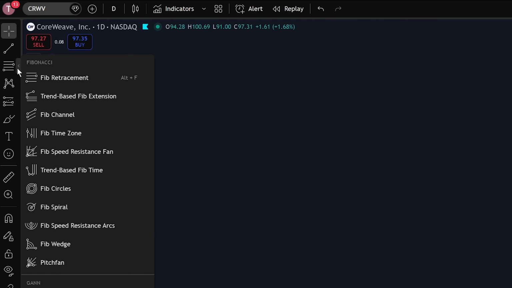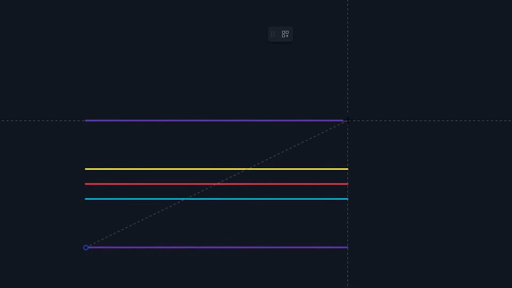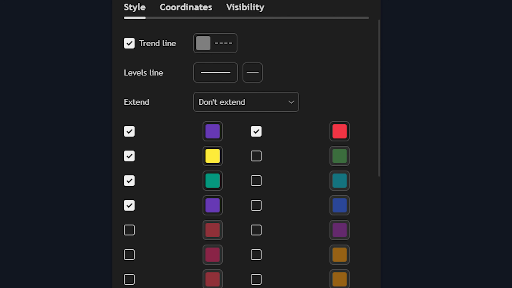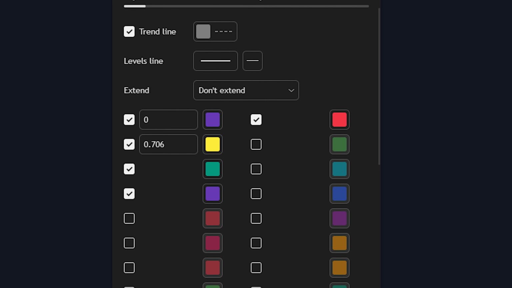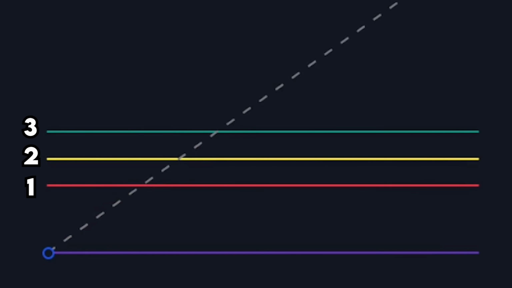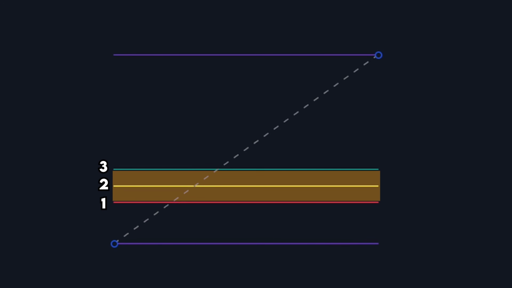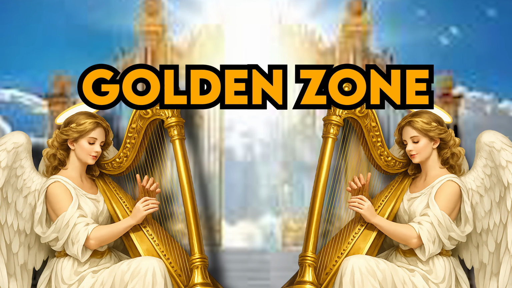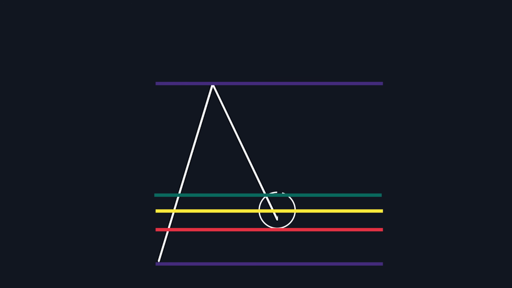You're gonna go to the left category bar, click this second icon. This will give you the Fibonacci tool. Place it on your chart, go to the settings, change the values to 0, 0.706, 0.618, 1, and 0.79. This will give you 3 main levels that look like this. These levels are what's called the golden zone, or where price has the highest probability of pulling back to and